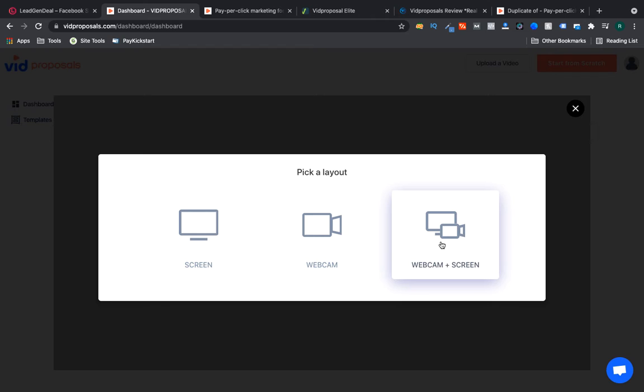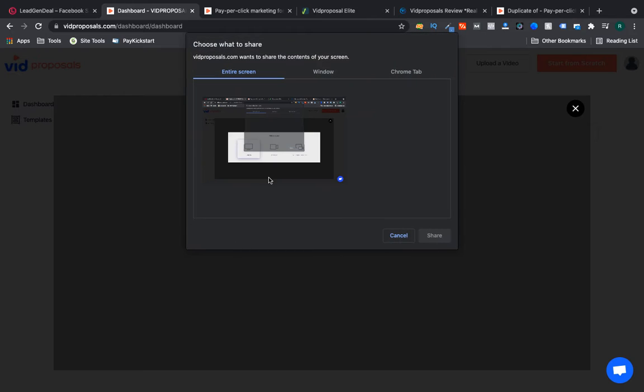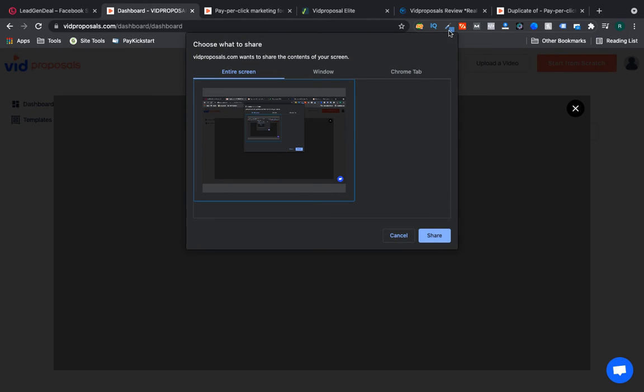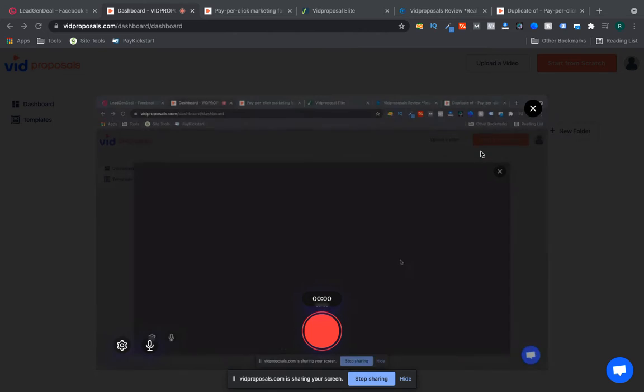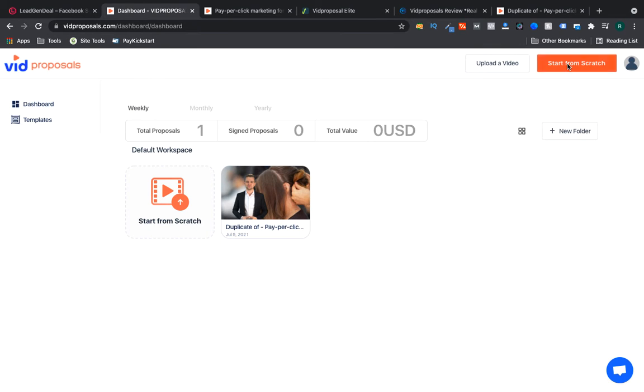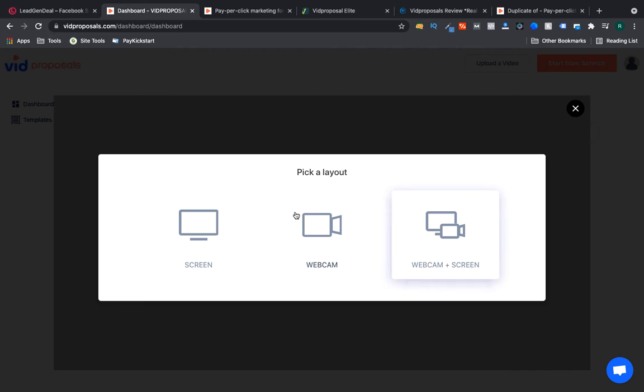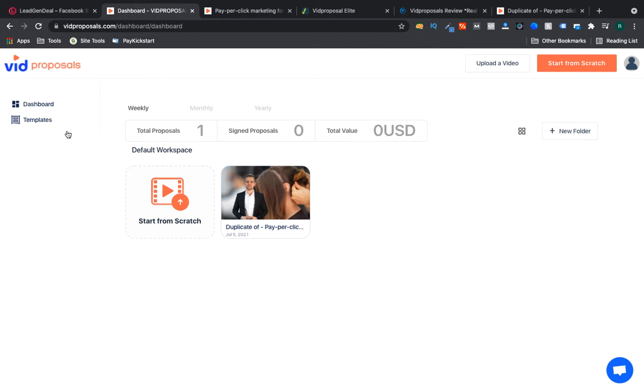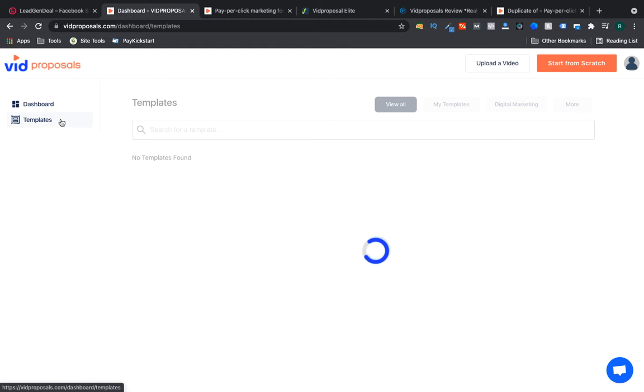For example, if you are showing them some kind of a PPT and all the stuff, I'm going to just share this screen. You have to add their extension here. You are going to get it when you buy the software, and here we have our screen. I can start recording, and we have a few more options like webcam only or webcam plus screen. I'm not going to turn it on right now. You can check that when you buy the software. I've shown you that.